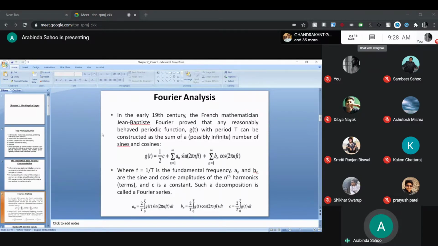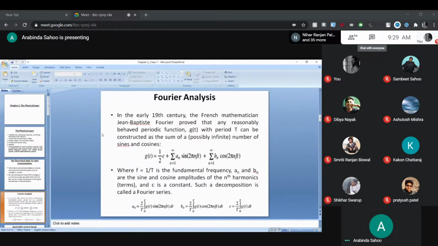So what is the objective of Fourier analysis? If you go for Fourier analysis, either the Fourier series or the Fourier transform, you can easily extract information like what the different frequency components are, or what the different harmonics are. Harmonics means, if the fundamental frequency is f, the second harmonic means 2f, the third harmonic means 3f. A harmonic is simply a multiple of the fundamental frequency.